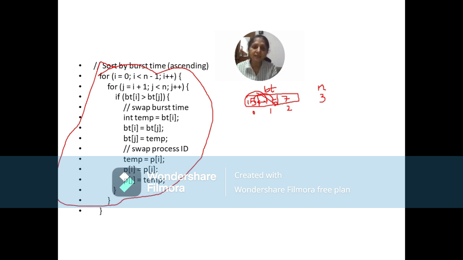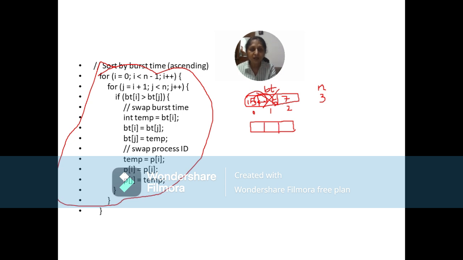Now this array will change because we are swapping. We compared and found that 5 is greater than 1, and that's why 5 needs to be shifted to the next position and 1 should be taken to position number 0, or subscript 0. So let me draw the BT array again.